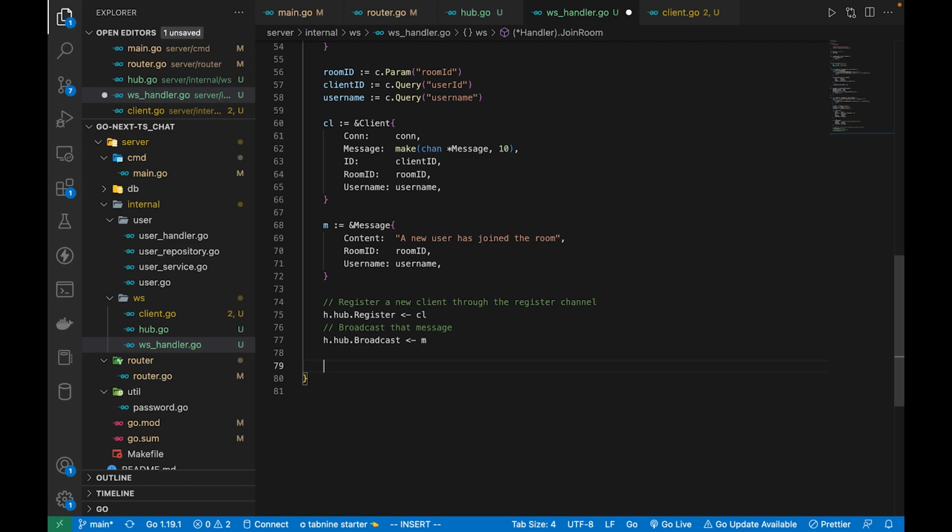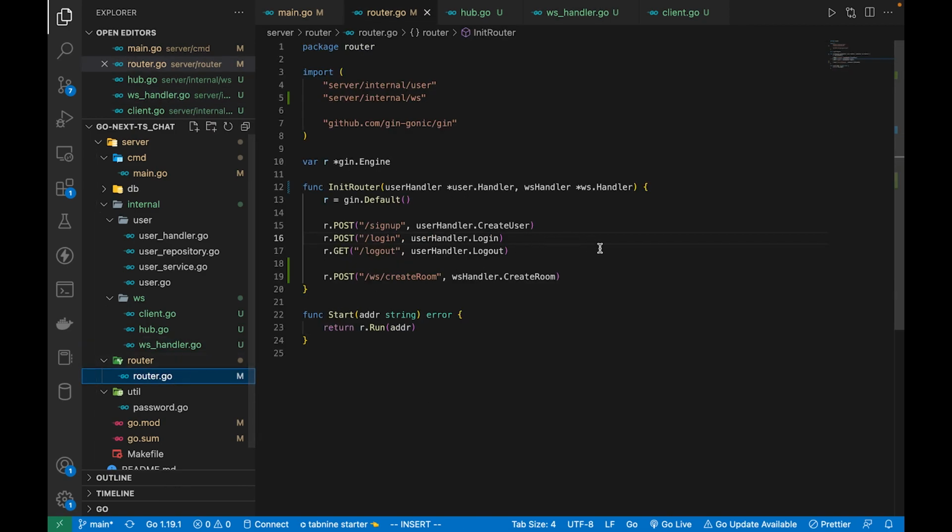Let me delete these comments and also these here. I'm going to call this read message on this main Go routine. But for write message, I want to create a separate Go routine to handle the writes. And that is it for the join room handler. We just need to now add it to the router. So this is actually going to be a get,